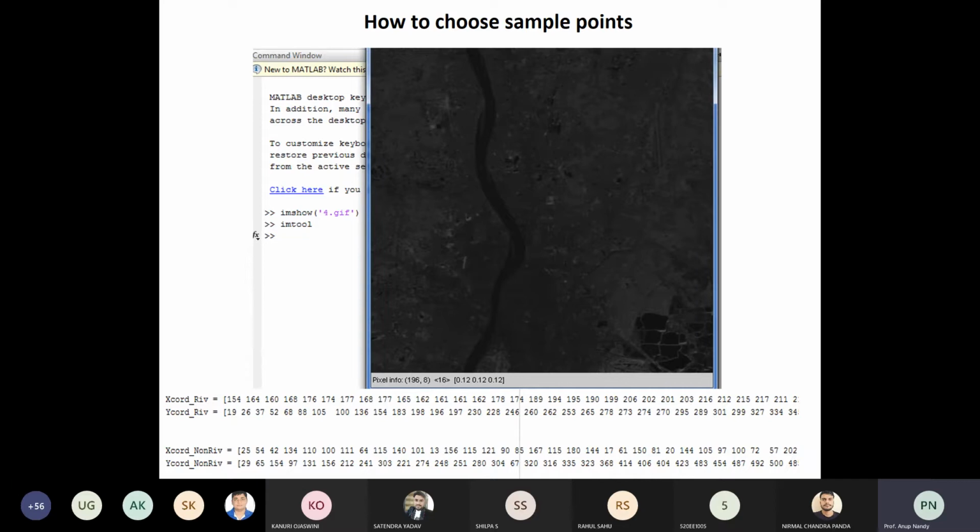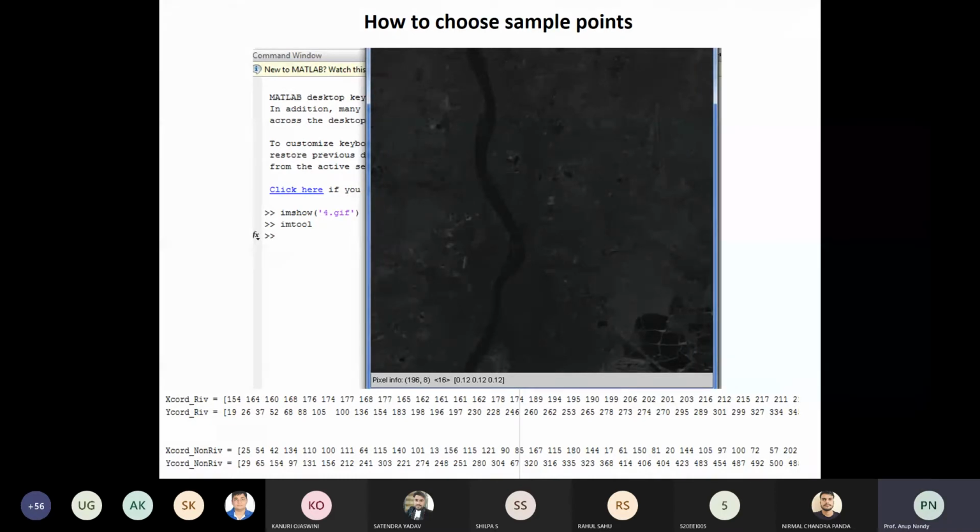There is a river portion going on. It is called the Hooghly River in Kolkata. This image was taken from the satellite. So this is the Hooghly River, and on the bank of the Hooghly River, if you see, there are different land areas, land covered areas. Okay.